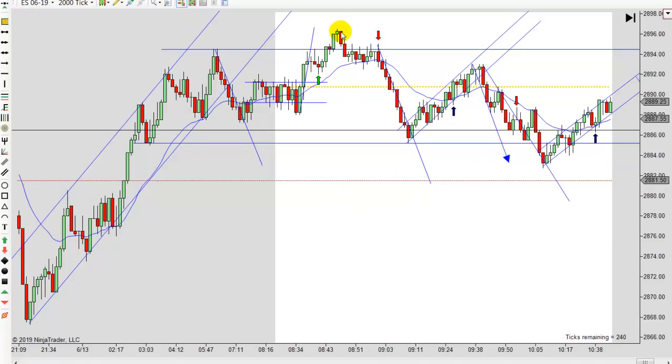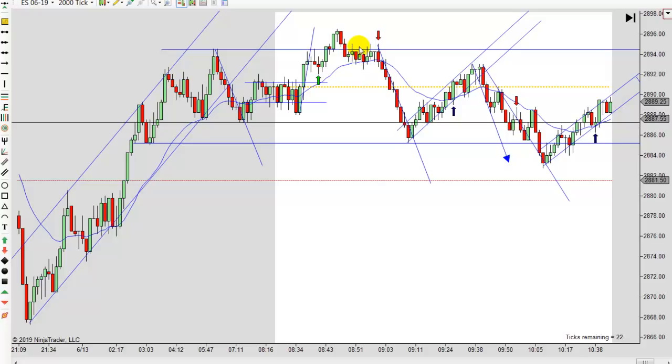But anyway, we just started going sideways here. But look how many times we tested that. Once, twice, and then finally a third time. You really get a double test right here because you made that high, you tested it once, you came back and tested it again. But I don't like that signal bar. But when it came back again and tested it, and it actually broke higher and then turned and went out the other side, I don't have a problem having a sell stop right there because you can see we're not getting above that. That resistance has held.